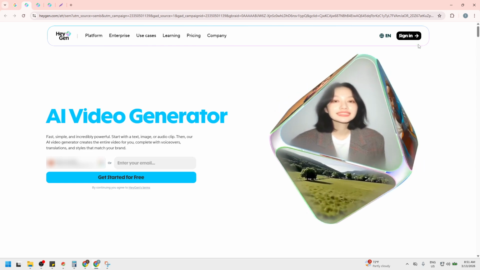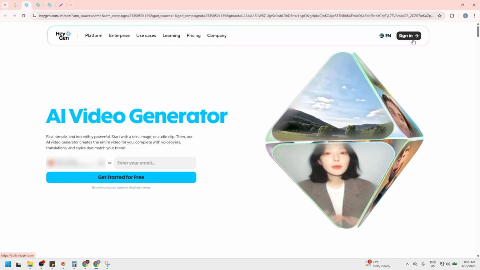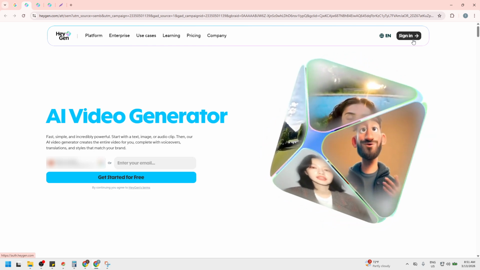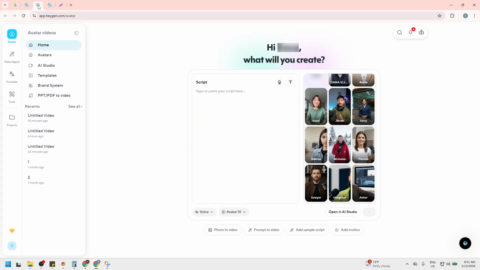Once you're on the home page, click Sign In. Use your existing account to access the tools you'll need. After signing in, find and click AI Studio. This is the main creation workspace where you'll build and edit your video, so it's the best place to start